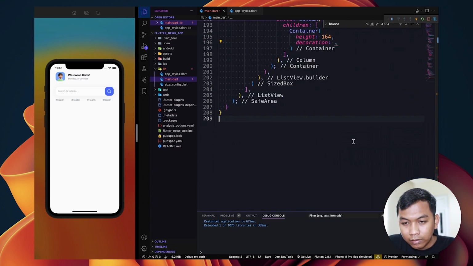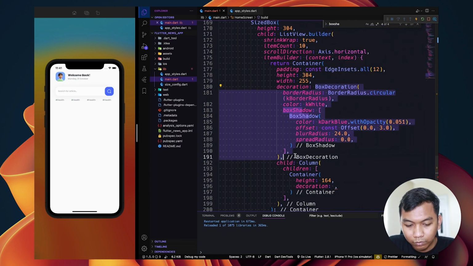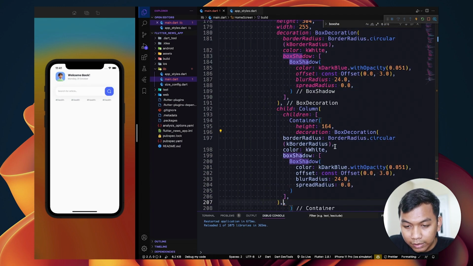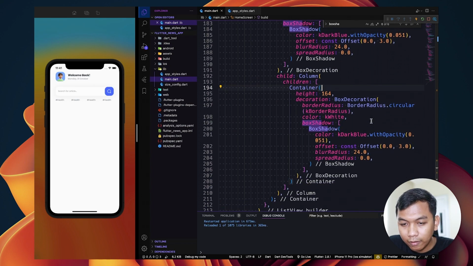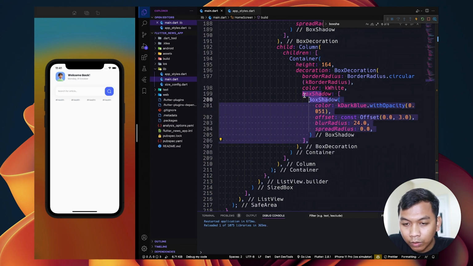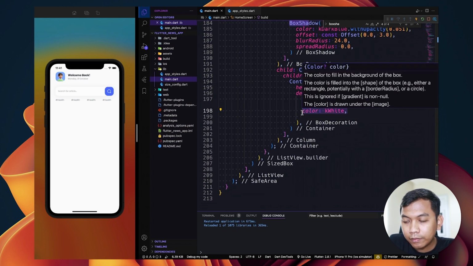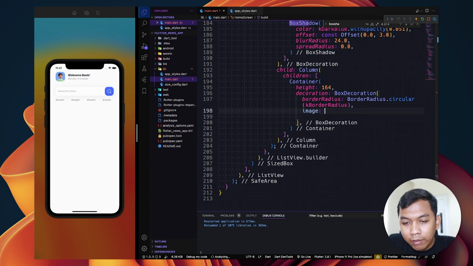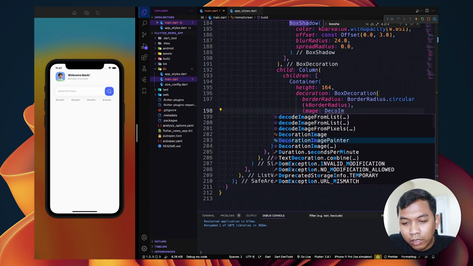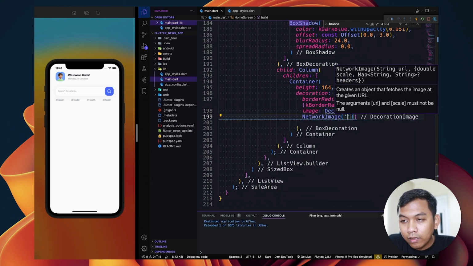And decoration, we can copy from this page here, but we don't need this box shadow, so remove this. And we don't need this color. What we need here is image, so we can call decoration image, and we can use network image.